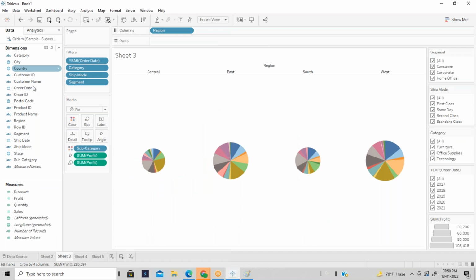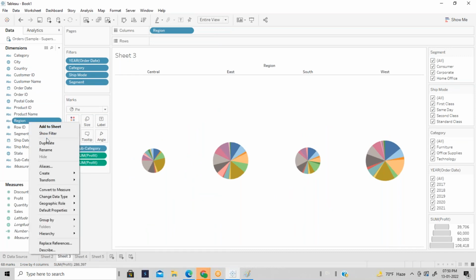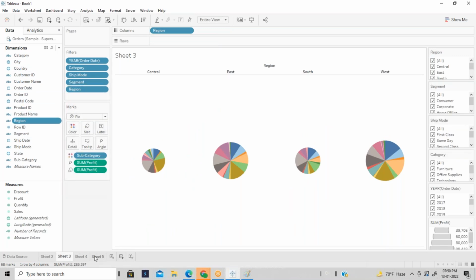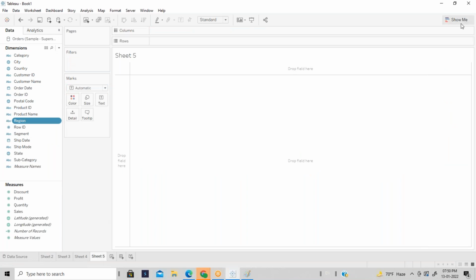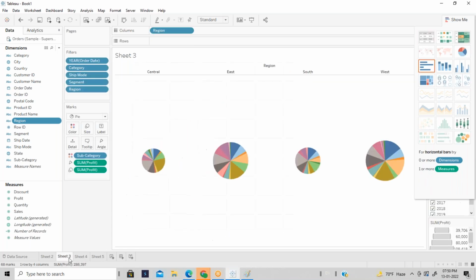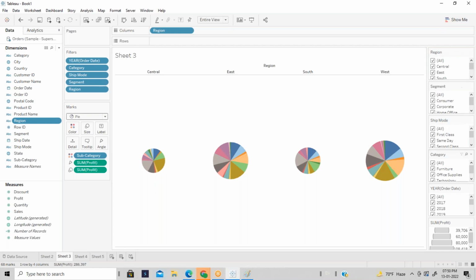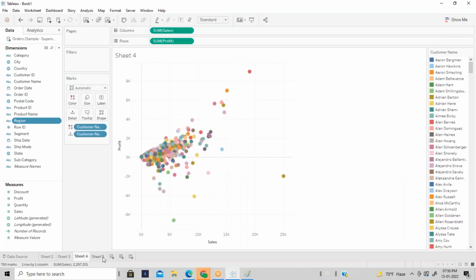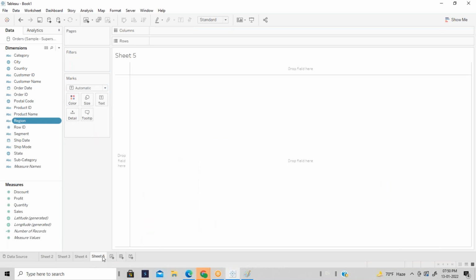Also, I want to have a filter on region. So I'm just creating different reports here. Sheet 3, sheet 4. In sheet 3, I created the different filters. Sheet 4 doesn't have any filter. Sheet 5.